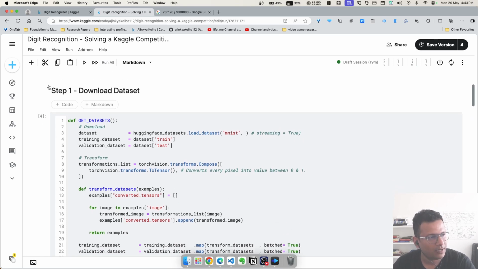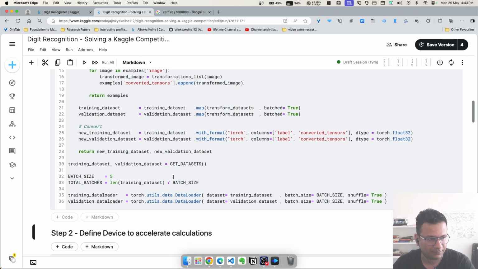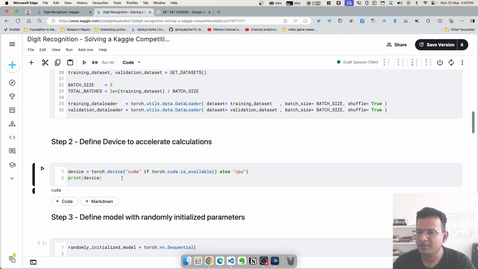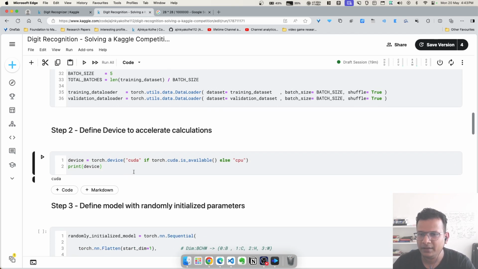So this was getting the simple data set. Then step number 2 is defining a device which is going to be used to accelerate the calculations. The thing is, even the smallest of neural networks will have 10,000 parameters at least. So when you're doing calculations, it's going to be 10,000-dimension-long vectors at minimum being added and multiplied. And at maximum, it could be 1 billion